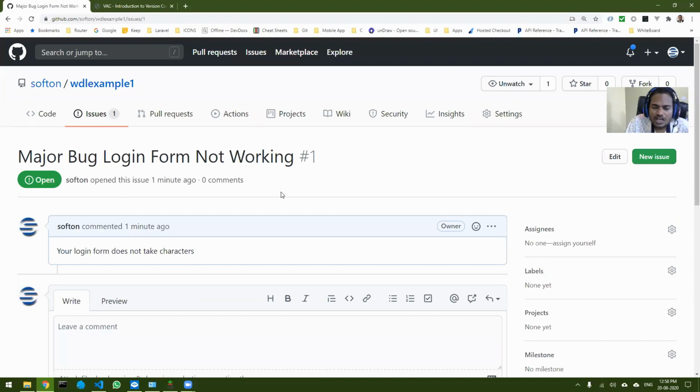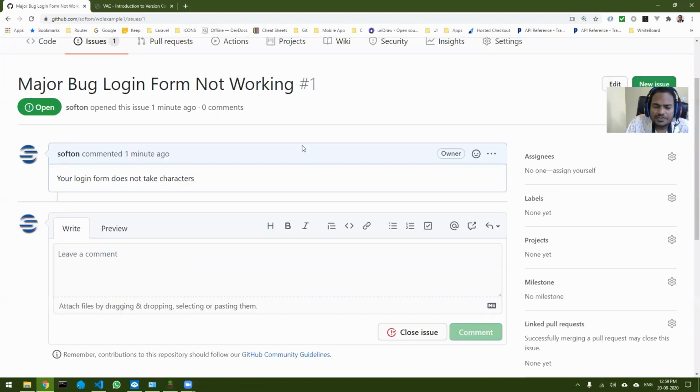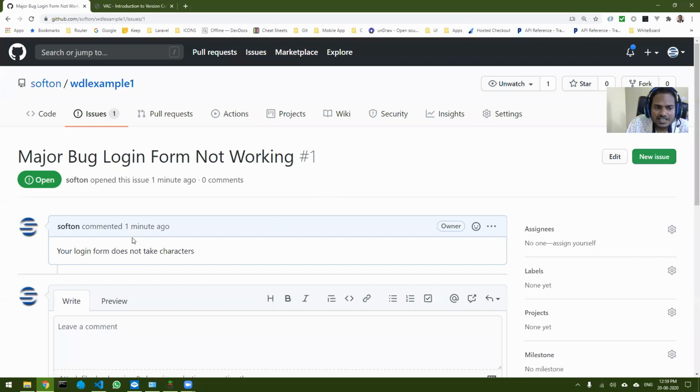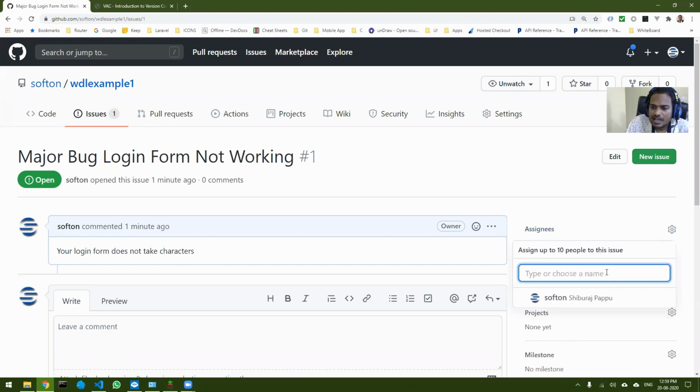Now as a developer, it is my responsibility to find a solution to this particular problem. If it's a big project, then obviously you can assign this issue to someone, right? To assign, you can just click on this assign tab, and you can see all the collaborators over here. But right now I am the only one, that's why only my name is coming.